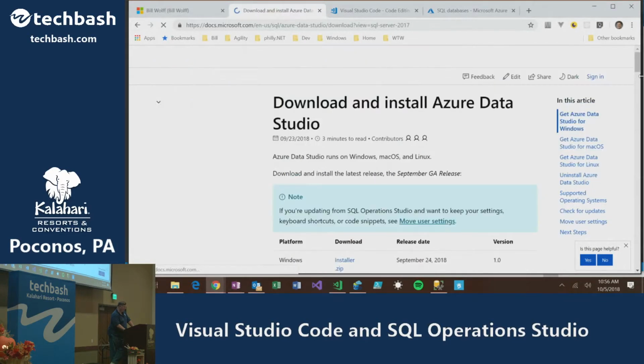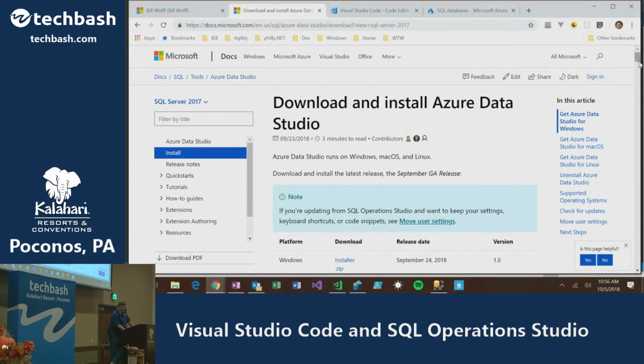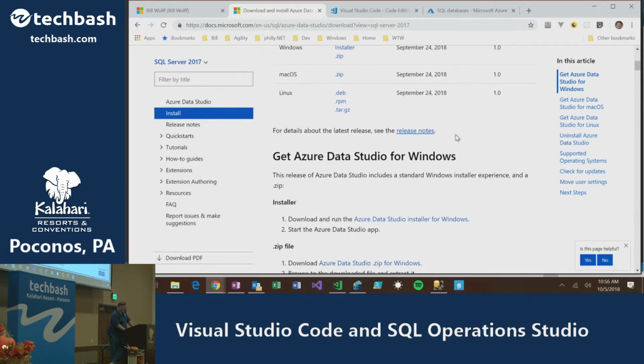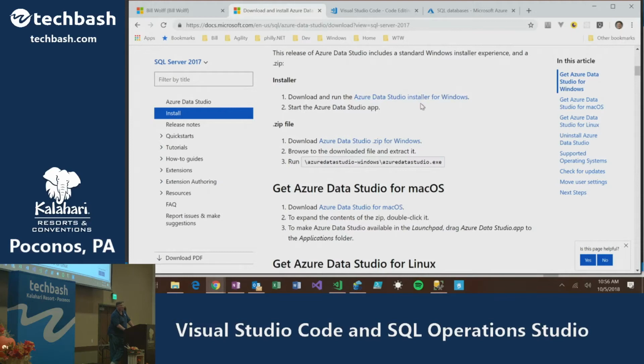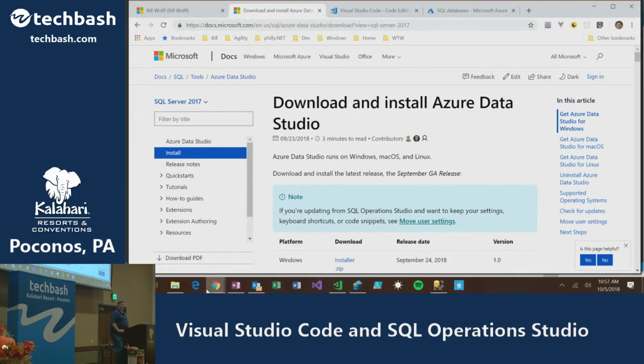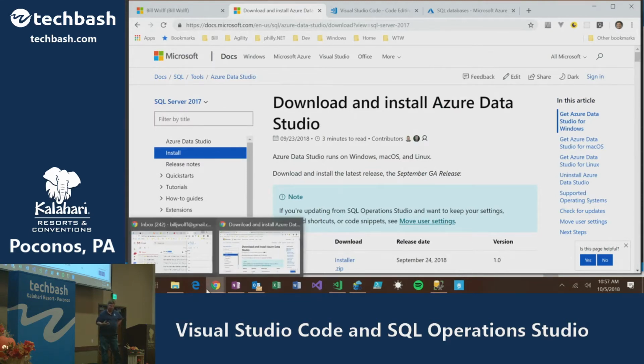There's a section here called install, and if you go to the install section, it talks about which environments you can install on, and then it has instructions on how to get this installed on Windows. So if anybody wants to follow along, you just click on that and you'd be ready to go probably within like 3-4 minutes. These things are so easy and fast to install.